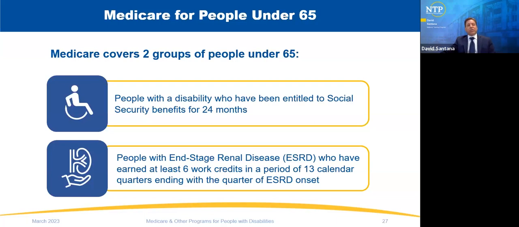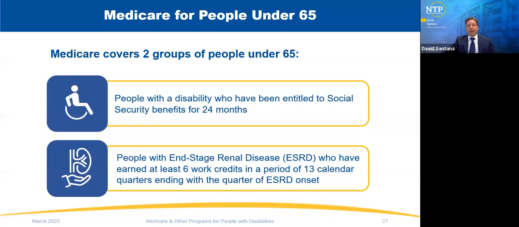You heard Tanya mention the requirement for work credits and the fact that an individual usually needs at least 6 credits on their Social Security, depending on their age. When we talk about end-stage renal disease, the individual needs at least 6 credits within the past 3 years before